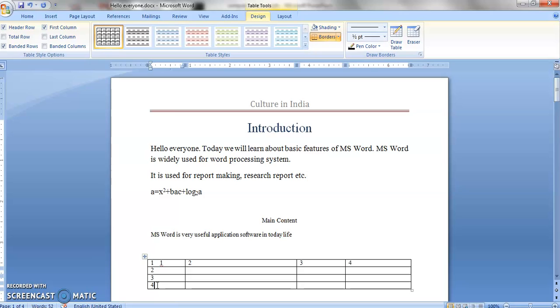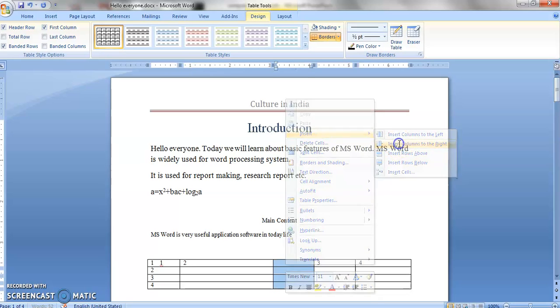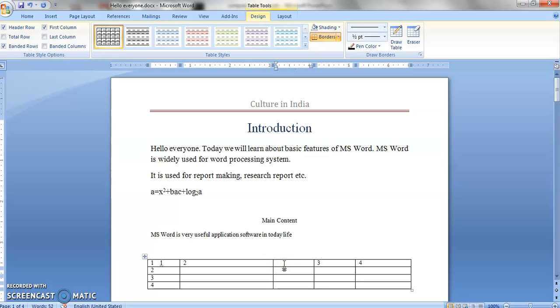Now what I have to do, suppose I have to add a column between 2 and 3. Okay, so between column 2 and 3 I have to add a particular column. So I will place a cursor at column number 2, then I will do the right click. In the right click there is the option of insert again. So insert column to the right, because I have to add between 2 and 3. So the new column will be to the right of column number 2. So I will click on insert column to the right. So you can see a column has been created.